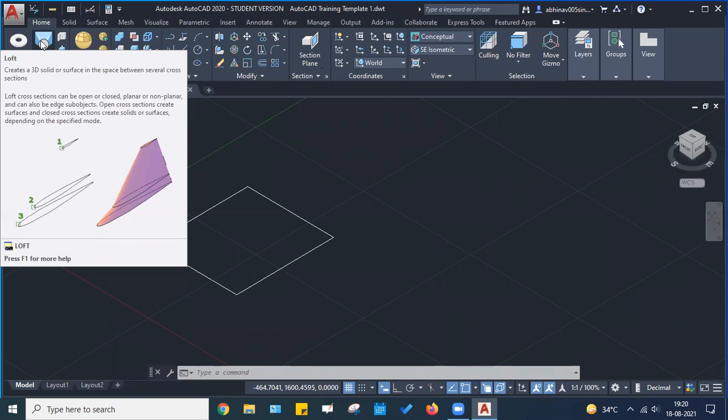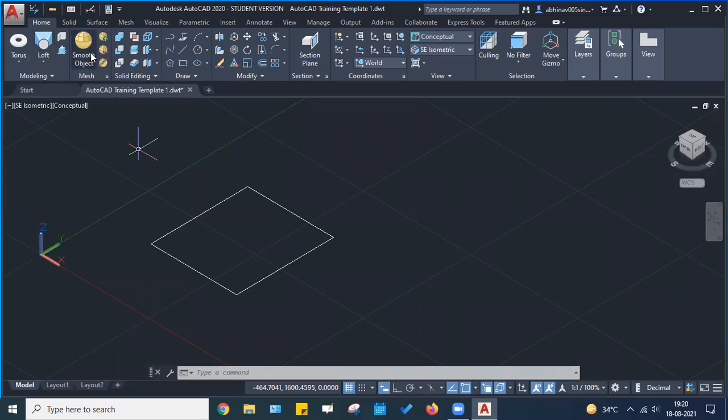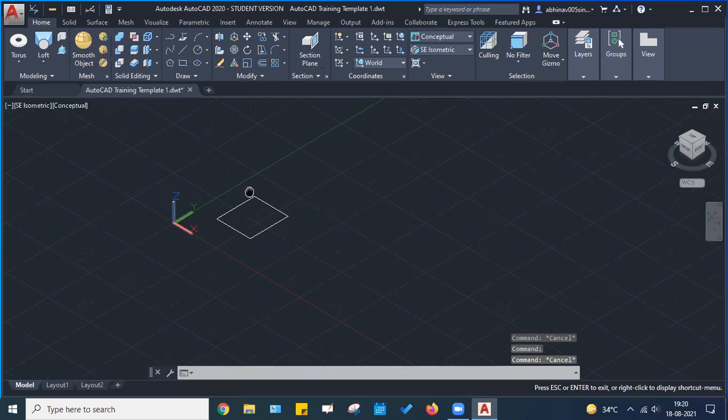Planar or non-planar, can also be edge sub-objects. Open cross-section creates surface and closed cross-section creates solid or surface depending on specified mode. Okay, all right. So if you want to create this kind of a loft, what you can do is, let's